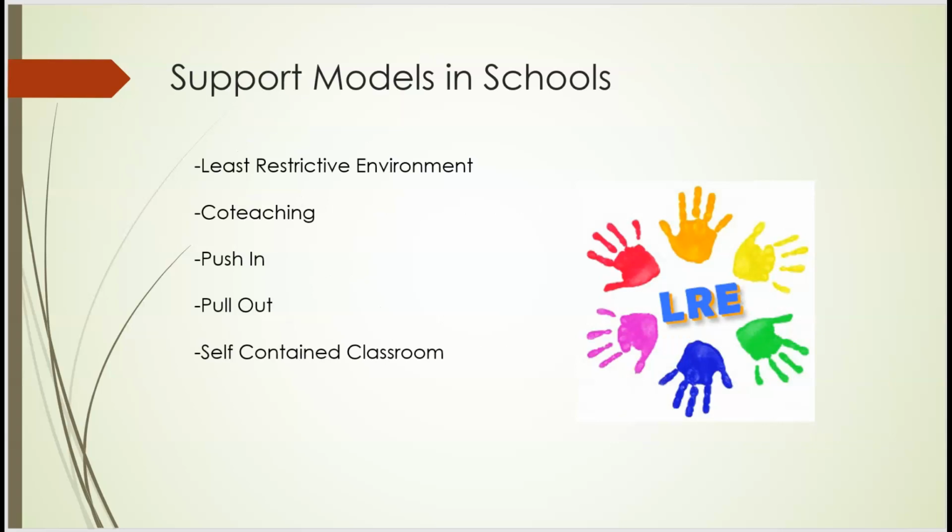Section 300 of the Individuals with Disabilities Education Act, IDEA, is to maximize, to the extent appropriate, that children with disabilities, including children in private or public institutions or other care facilities, are educated with children who are non-disabled. Special classes, separate schooling, or other removal of children with disabilities from the regular educational environment occurs only if the nature or severity of the disability is such that education in regular classes with the use of supplementary aids and services cannot be achieved satisfactorily.